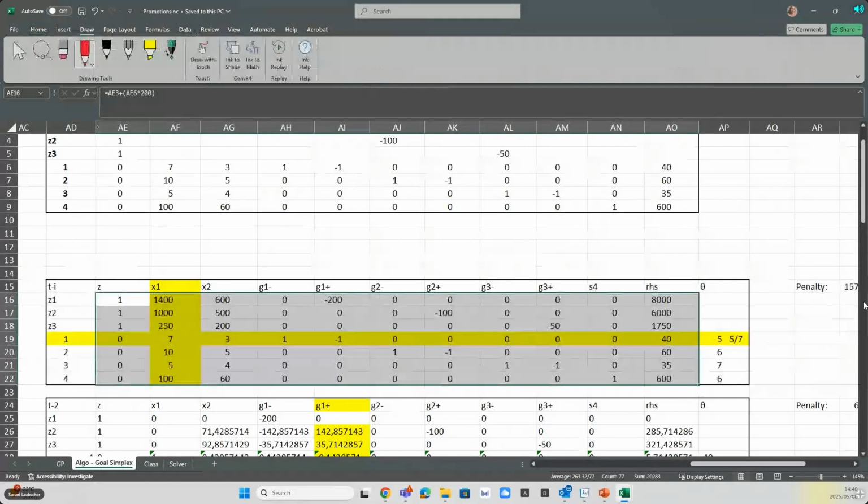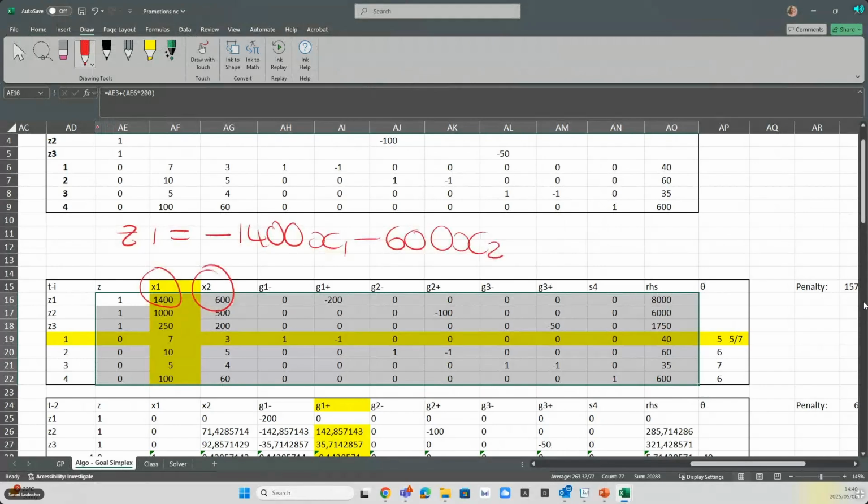Just remember, when you created your canonical form, you had to take your Z stuff to the left, right? To write it as an LP, you have to take it back to the right, or the other way around. So it will be Z1 equals minus 14,000 x1. Do you get where this comes from? Minus 600 x2. Because I'm taking it back over to the other side. This one will be minus 200